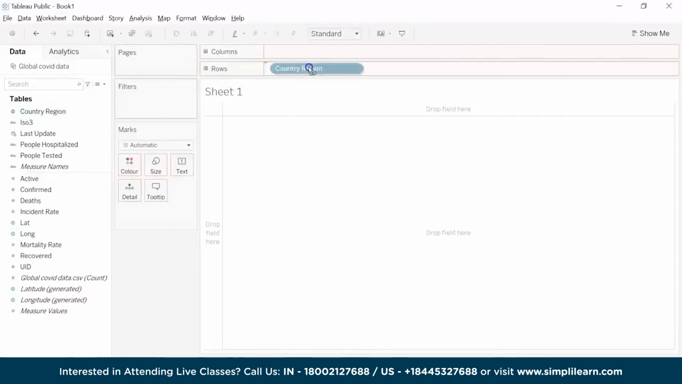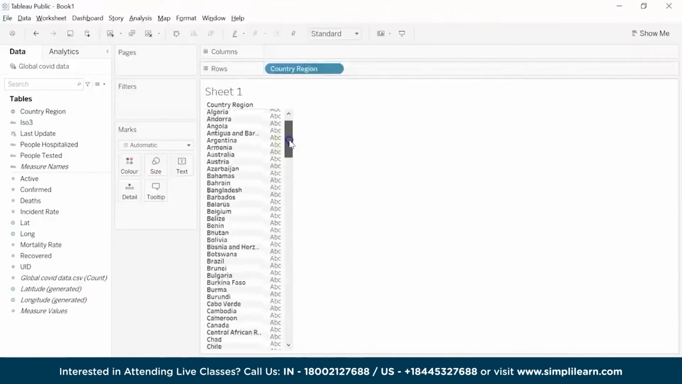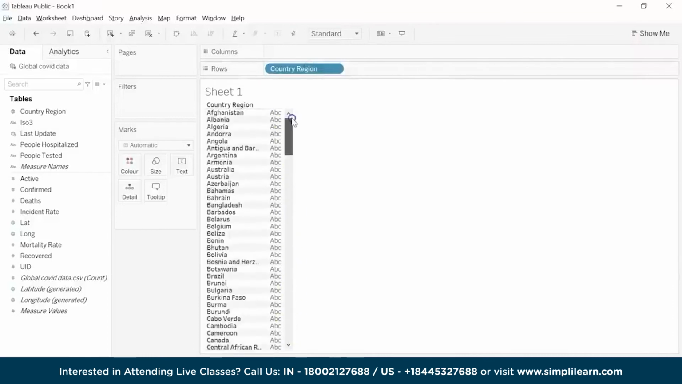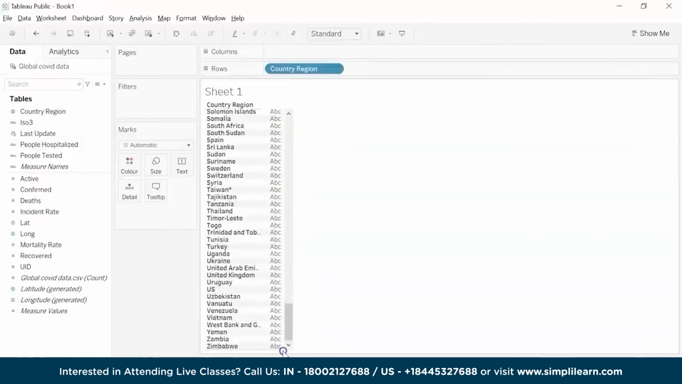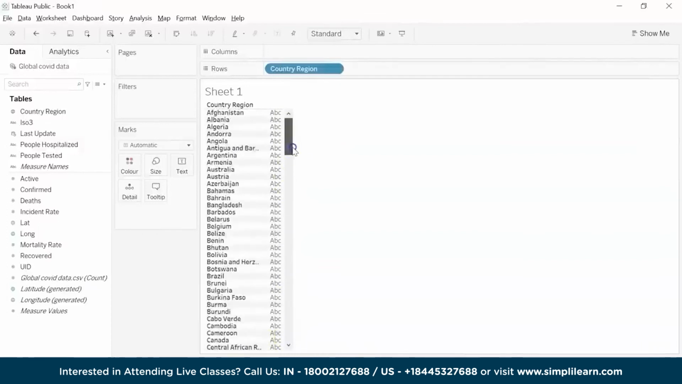I'll just drag it and drop it here. There you go. It has populated all my country names starting from Afghanistan till Zimbabwe. So it has ordered in ascending order of alphabets. Now to